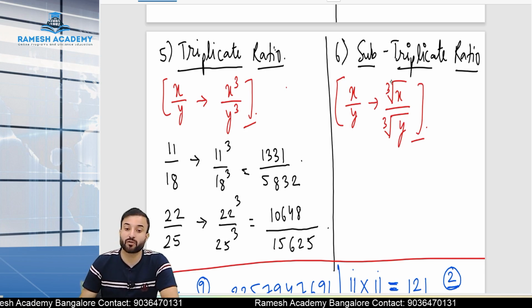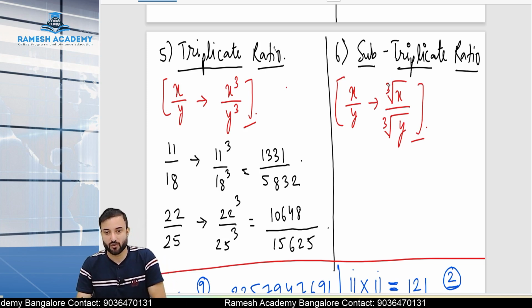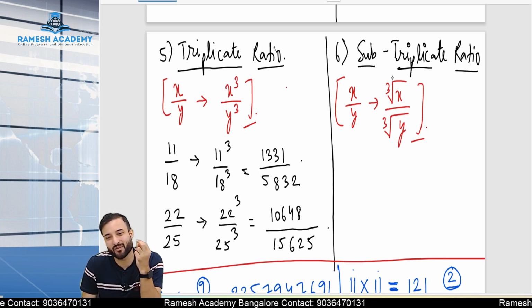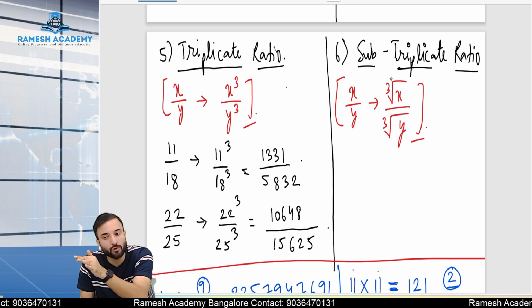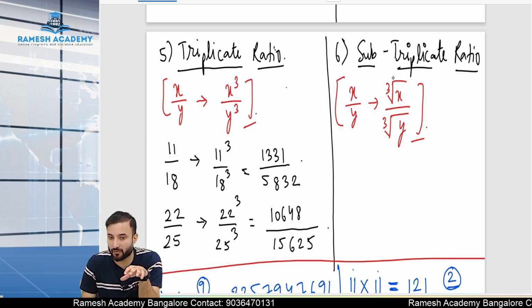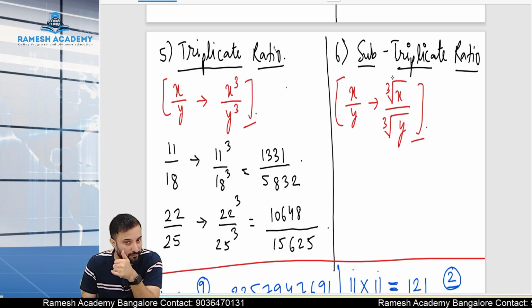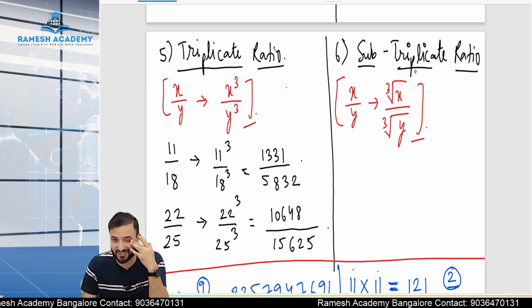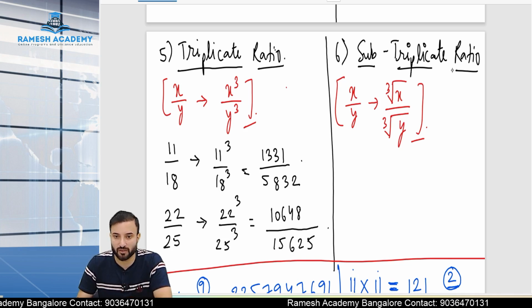and next will come the subtriplicate ratio. Okay, subtriplicate means what? The simple thing, whatever the ratio is given, we have to do the cube root of that. Fine, and we know that the cube root is not going to come with the help of a calculator, so we have to convert it in the simplest form. Okay, then after that we have to do the method when the power is in fraction. Okay, like suppose the example is